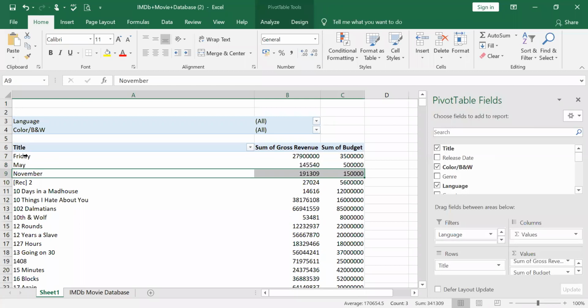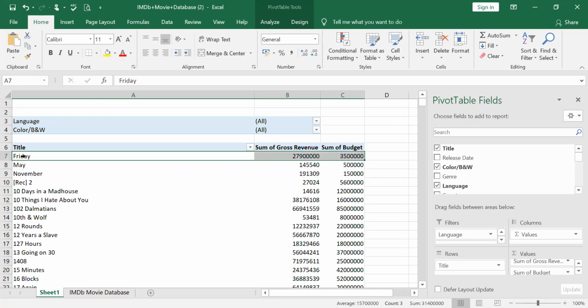The reason being, Excel gives more importance to dates, months, and weeks. So it assumes that Friday is a day, and May and November are months, ahead of these numerical values.